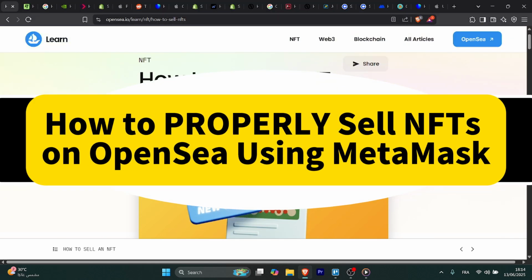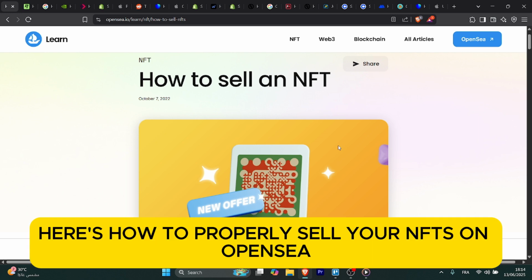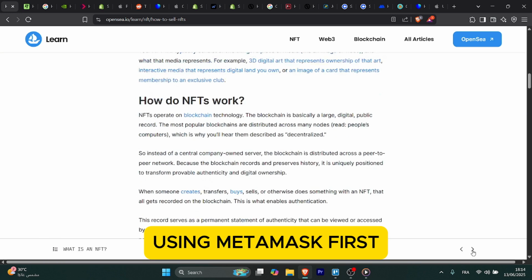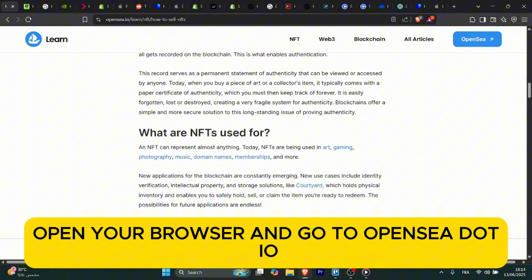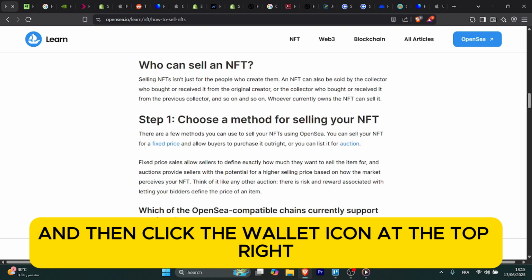How to properly sell NFTs on OpenSea using MetaMask. Here's how to properly sell your NFTs on OpenSea using MetaMask. First, open your browser and go to OpenSea.io and then click the wallet icon in the top right and select